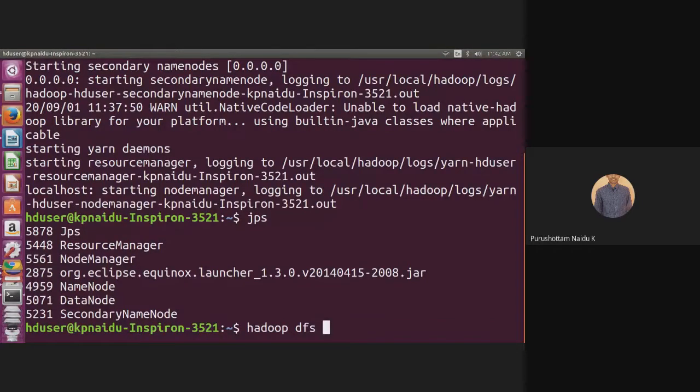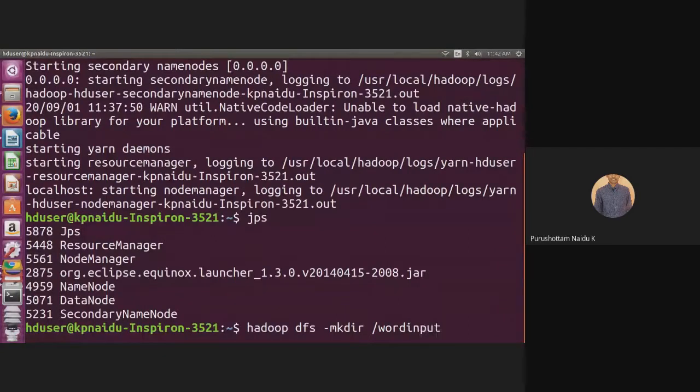Now, first I have to create one directory in HDFS. To create a directory in Linux, what command do we use? mkdir. But in each and every Hadoop command, we have to use -mkdir. If you want to create a directory, we use -mkdir. Now I have to create a directory in HDFS, the Hadoop Distributed File System. Our directory name is, for example, word input.